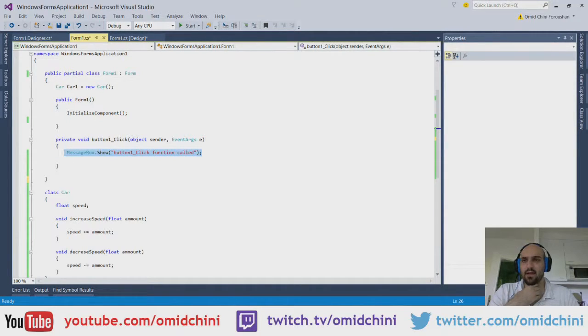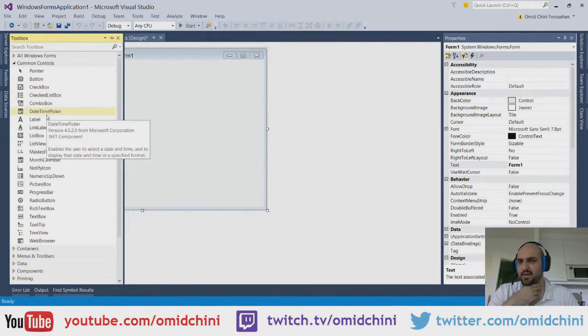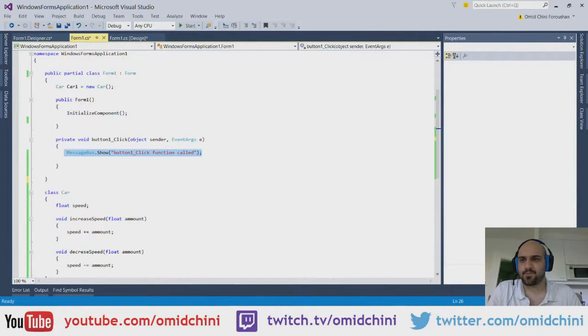So, I am also going to put a label here. Labels are good to show information and they are read-only, so the user cannot edit them. That's why I'm going to show the speed in the label here. And whenever this button is pressed, okay, I want to increase speed. So I'm going to say car1 dot increase